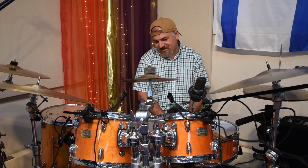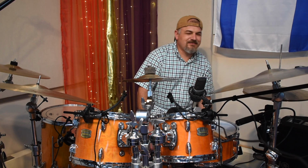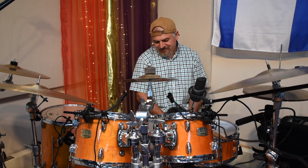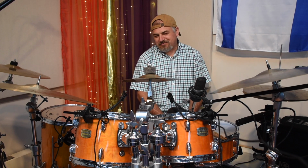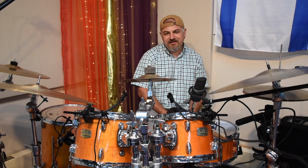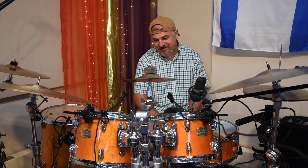But that's not to say a 20 by 17 doesn't have its perks. It's not as trampoline-like and a little bit more controllable, and it lends itself to a more 22-esque playing style and head setup. One of my only gripes about this kit, besides the size of the bass drum, is